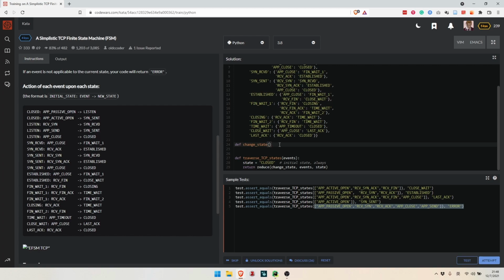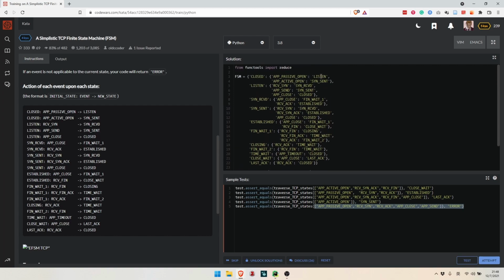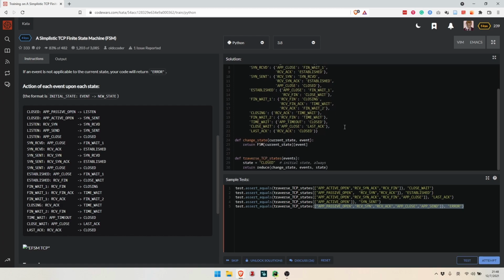So let's say the first variable is current state, and the second one is event. What should we return? We can say FSM under current state. If there's an event, we should return the mapped state. Right. Yeah, that's just quite simple here.